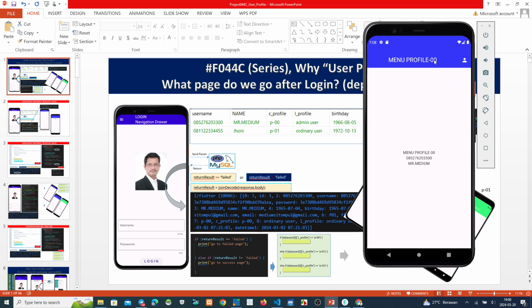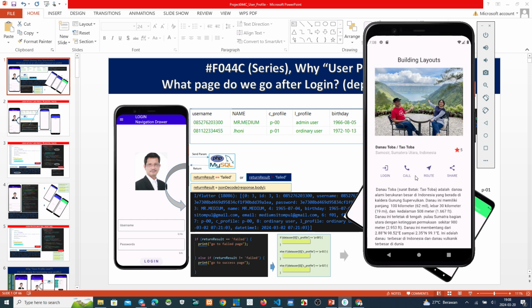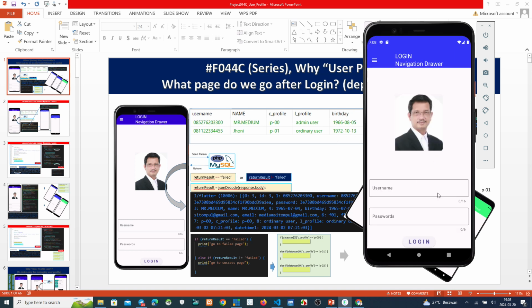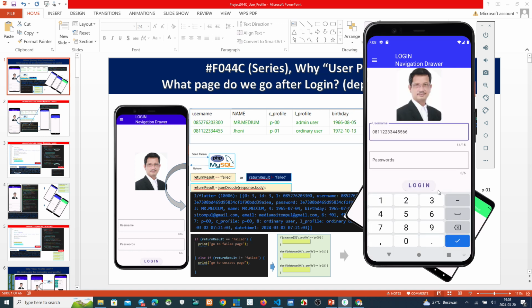So this is 00. If we want to make a login with page 01, we try this. This is the username. This is the password.